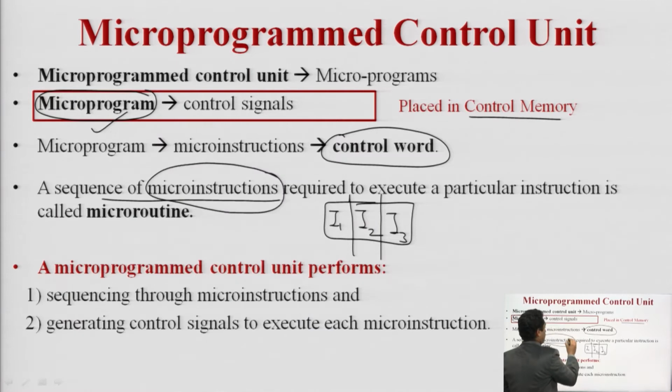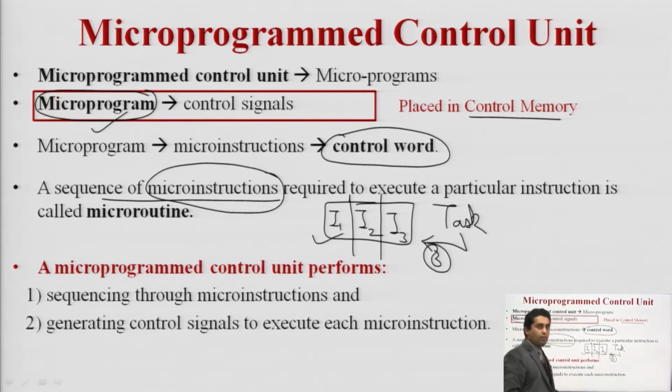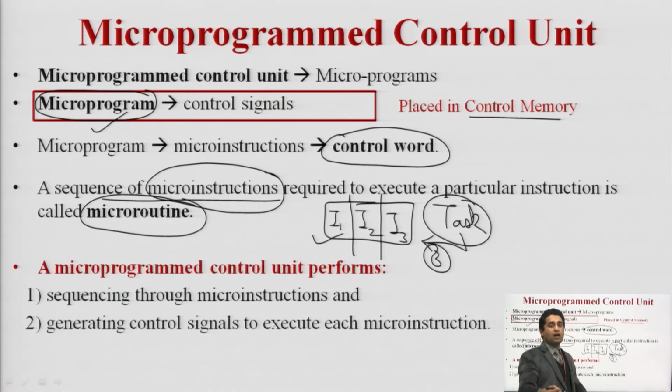Now these micro instructions are going to execute, but we can't say our task is completed yet. Maybe this micro instruction is complete, but the others are pending. So can we say our task is complete? No, because a task carries these 3 instructions. When we talk about these 3 micro instructions, collectively they make my micro routine. So this task basically relates to the micro routine, and the micro instructions are inside it.